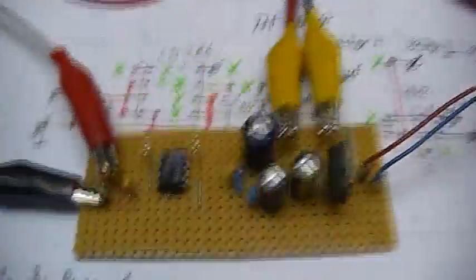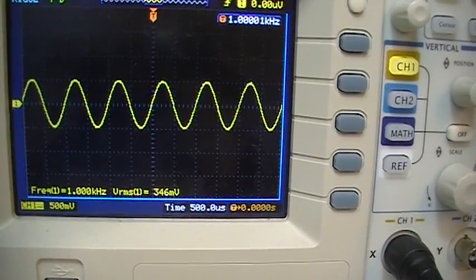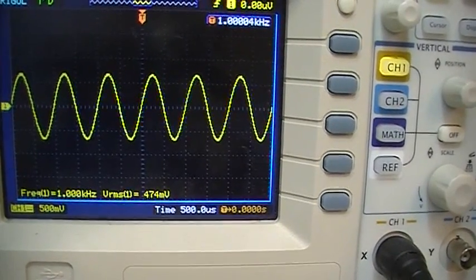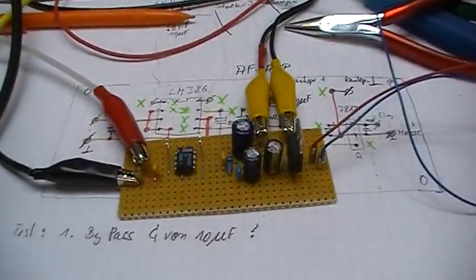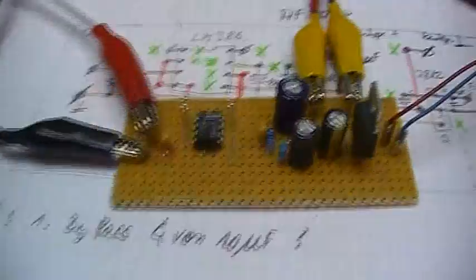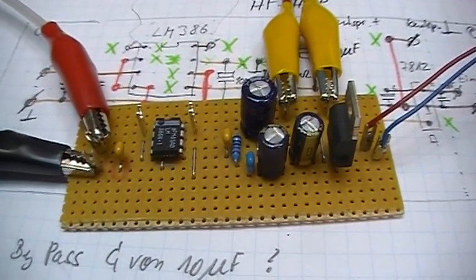Then we will increase the output of the signal generator so that we have at least 700 millivolt at the output. Yeah, 650. Let it be at 650, and yeah, the tone is annoying, but I want to leave it at the speaker,